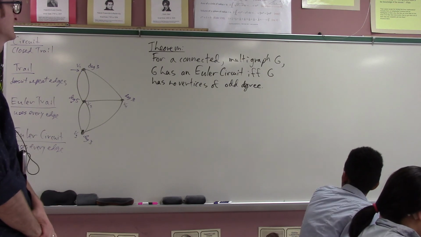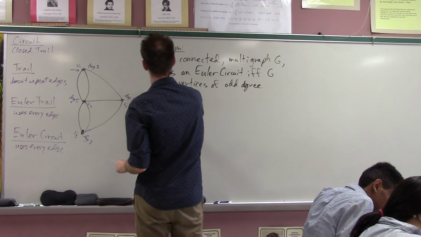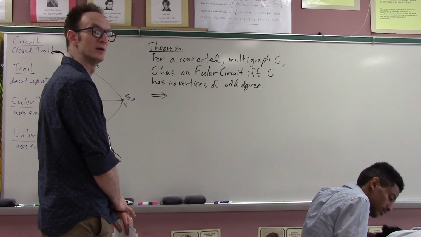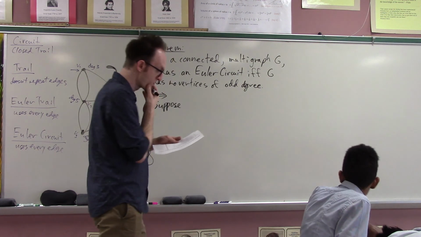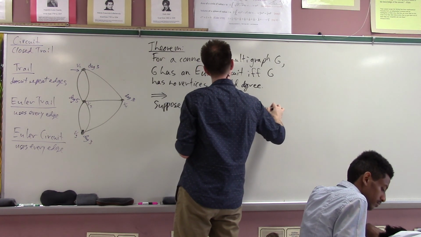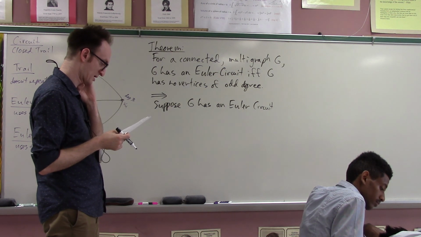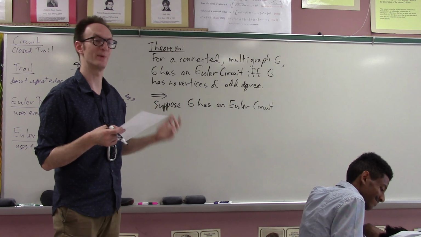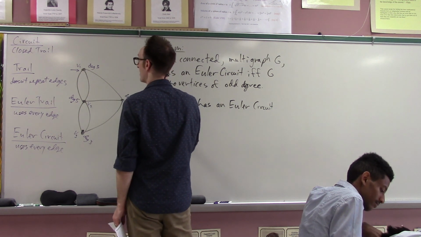I guess the easy direction is the forward direction. The forward direction is: let it have an Euler circuit and then show that there cannot be a vertex of odd degree. Okay, so suppose G has an Euler circuit. All right, well, what is an Euler circuit? This proof is like not even a proof. I'm reading this right now, and he just one-lines it. But I think we can too. Suppose G has an Euler circuit, well then what does that mean? What that means is that we have some trail, let's call